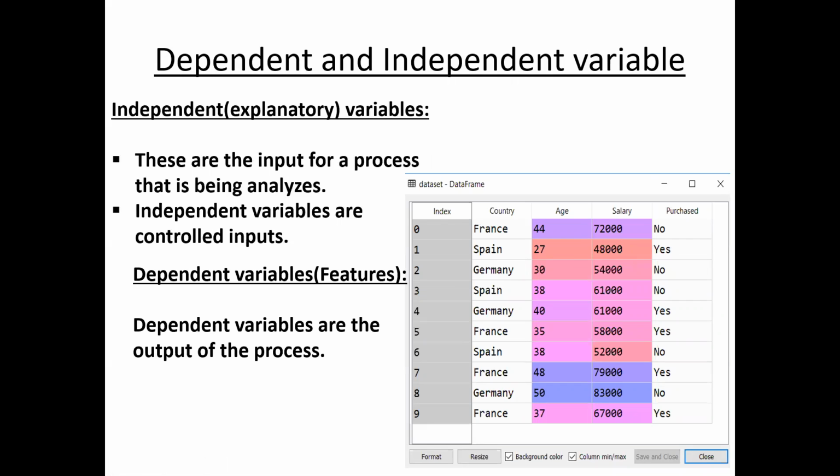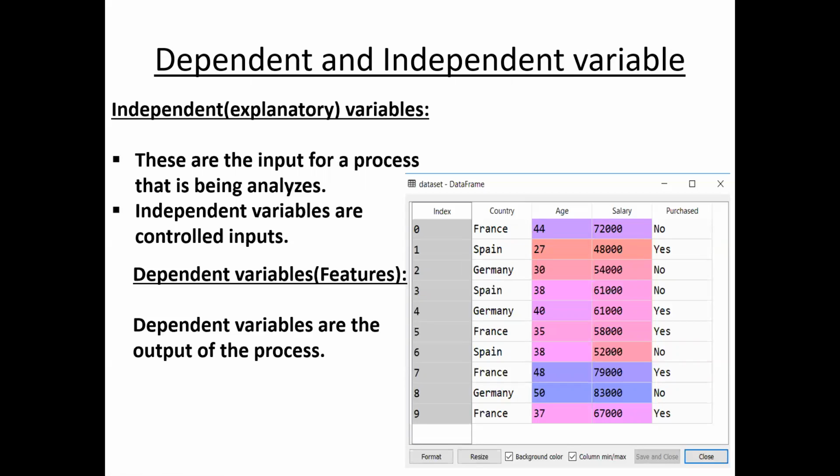So my product is there. For example, consider a company. The company's product can be purchased by a person with a particular age, particular salary, and particular country. So these three are the inputs, and this one is the output. You may also take the salary as a dependent variable. Based on country, age, and whether he purchased or not, you may predict salary also.